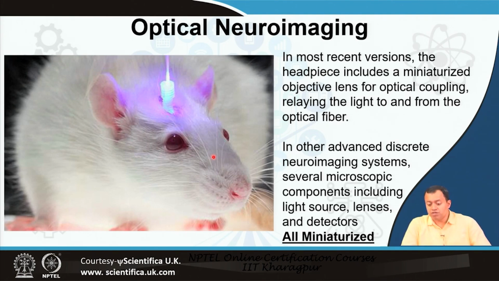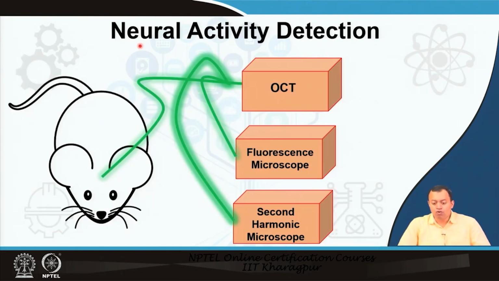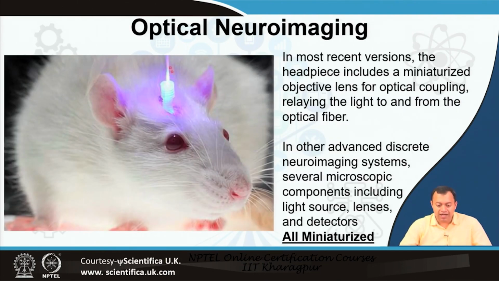So, in other advanced discrete neuroimaging systems, several microscopic components including light sources, lenses and detectors, all miniaturized, are put in this small area. You need to see where you are focusing your light on. Your light is also focused. So, maybe there is some sort of a lens that is carrying all this information, and that is getting back, and we need to understand this. So, the neural activity detection. Once you have connected it with an optical fiber,